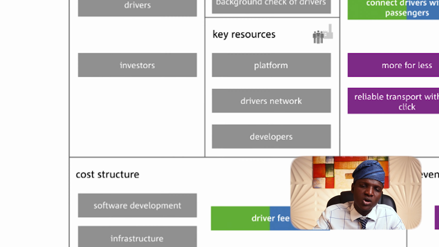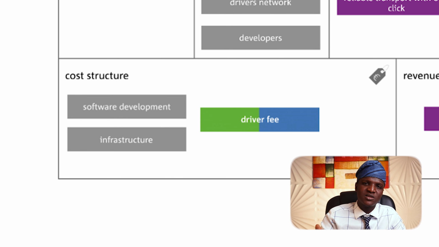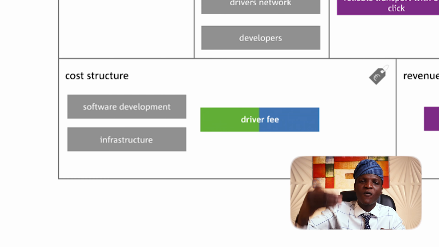Also, we have cost structure, which is the last part of this business model canvas. They have 3 cost structures. Number 1 is what? Software development. So cost structure is what I said is what? Taking money away from your business. Software development, patches, updates are taking money every day. They pay people that are going to do it for them.